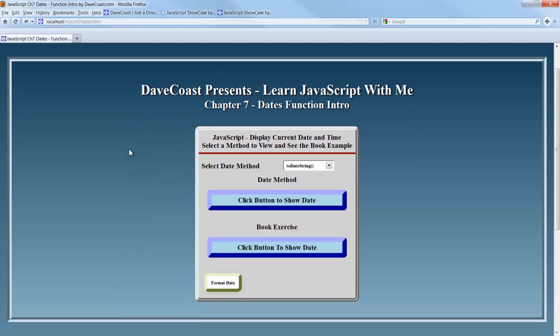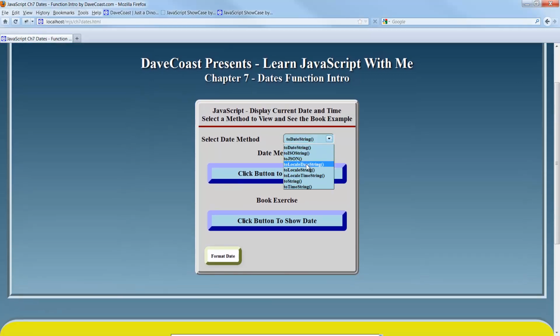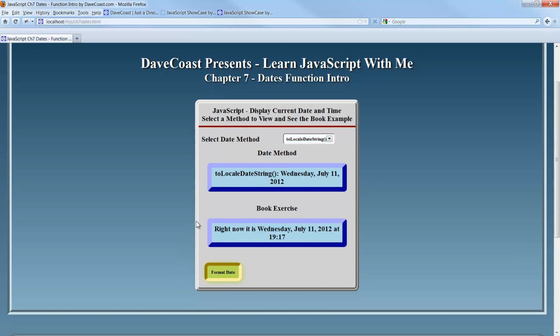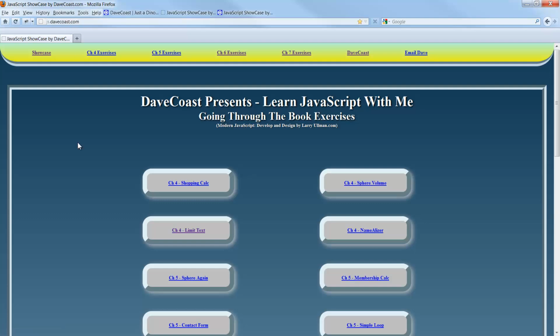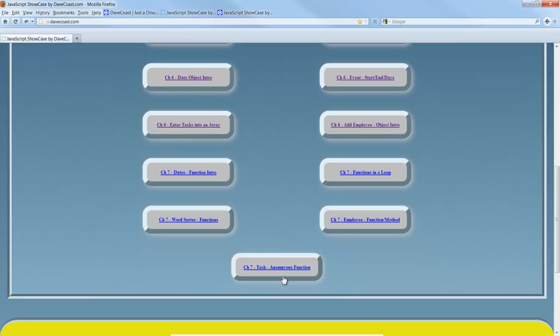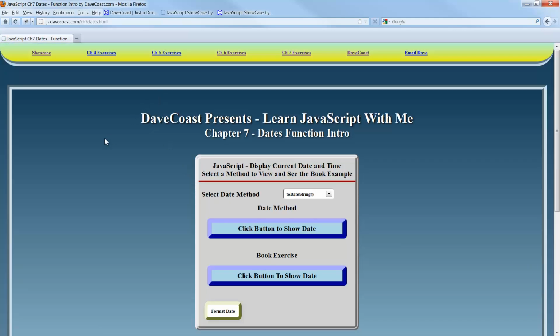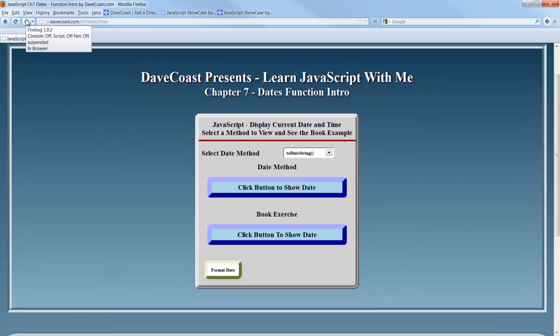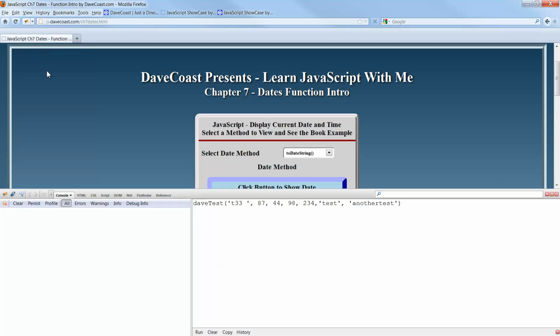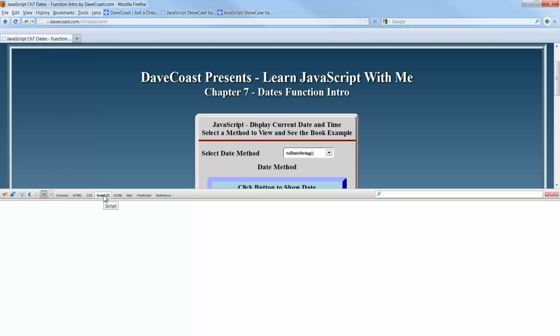But for right now, you can see the only difference is that we're using a function to get these values out to the screen. Code will be available on davecoast.com if you wish to get it. Probably the easiest thing to do would be to go to js.davecoast.com, bring up the exercise, and use your Firebug, run it through debugger. If you bring it up in Firebug and bring up the script,